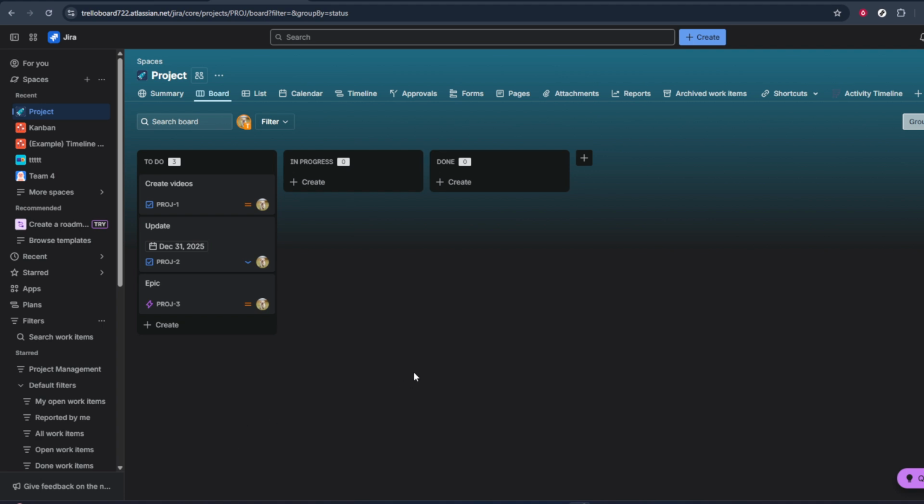Once everything looks good, go down to the bottom of the Create window and click on the Create button. Jira will save your new epic and usually confirm that it's been created, either